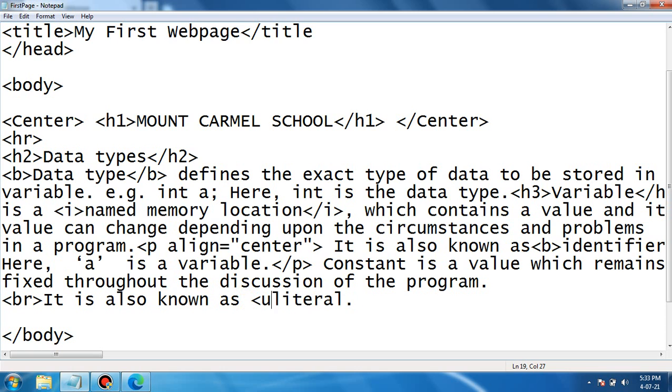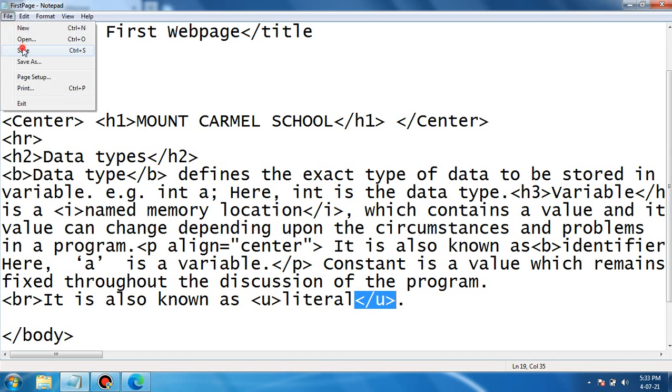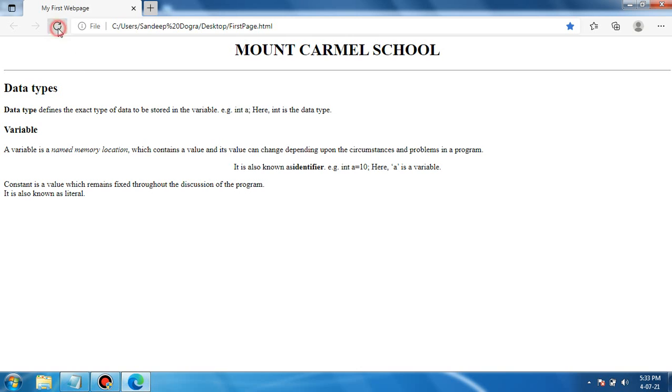U tag is for underlining, and here we will use again the U tag close, because it is a container tag. So we will start the tag and then we will close the tag, or you can say end the tag. And if we save it, we can see here this literal word is underlined.